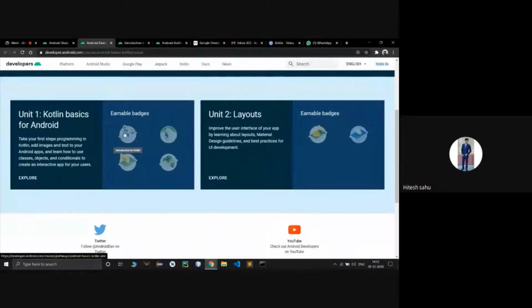And these are some badges. When you hover over one, you can see the name of the badge, like First Step in Android Studio or Dice Roller app. On completing the code labs and quiz, you will get these badges on your developer profile.